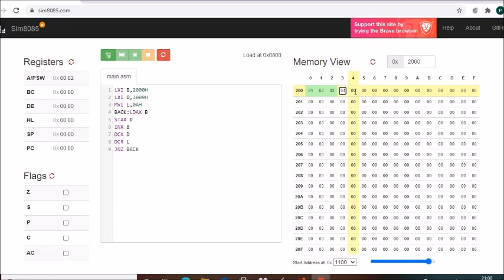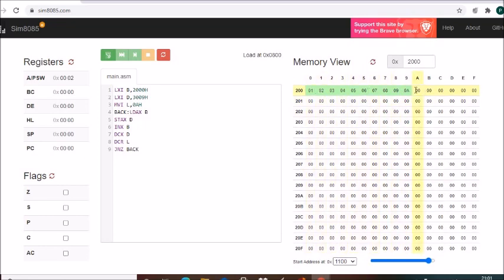This is 04. 05. 06. 07. 08. 09. 0A. So we have loaded the data from 2000 to 2009.